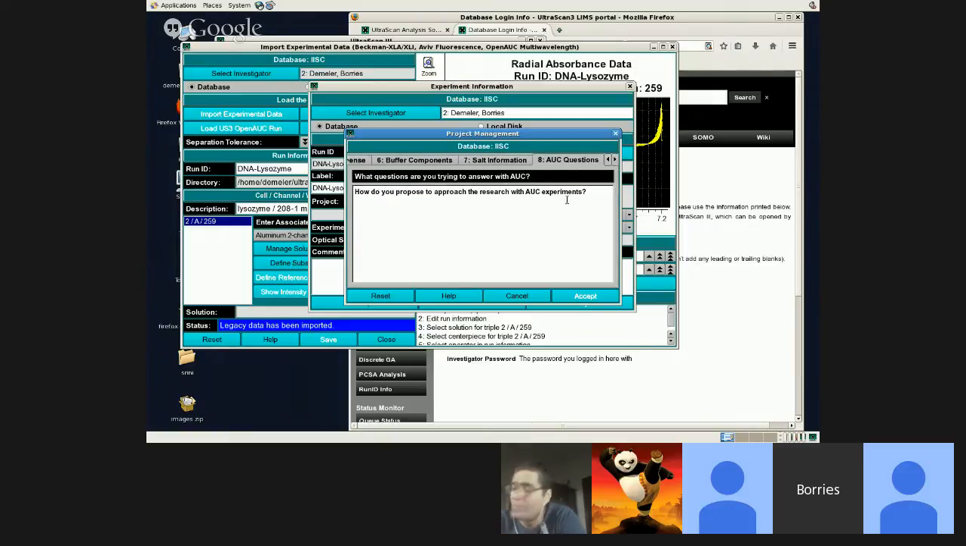What are the questions for the AUC? What do you want to learn? Do you want to see if it has mass action? Do you want to see what the size distribution is? Do you want to know if the molecule is dimerizing? What exactly is it that you're trying to figure out? So the user puts all of those details in there, and then when you have all of those details at hand,